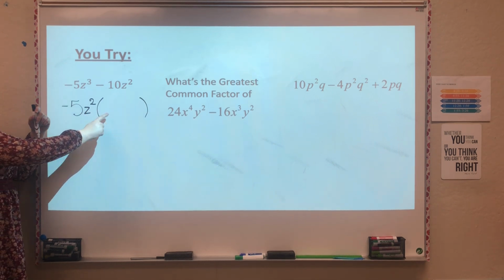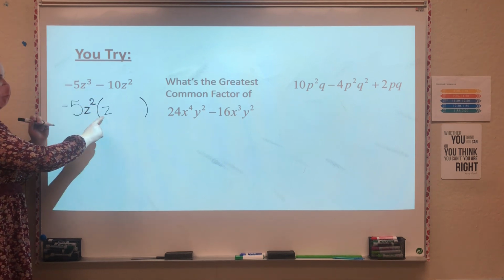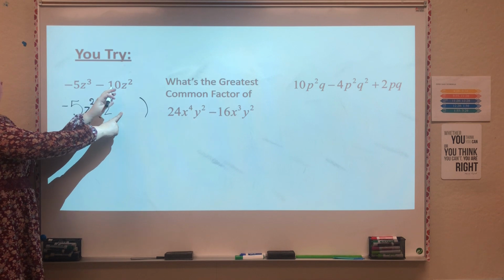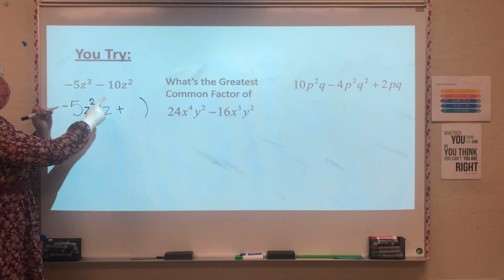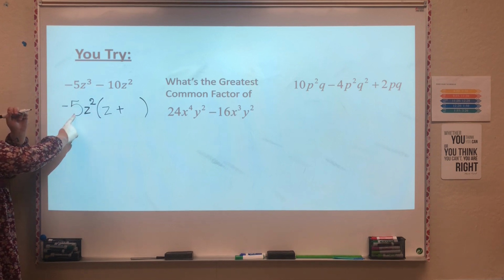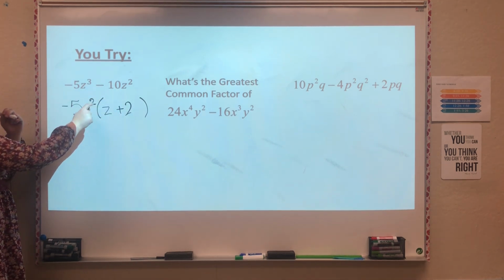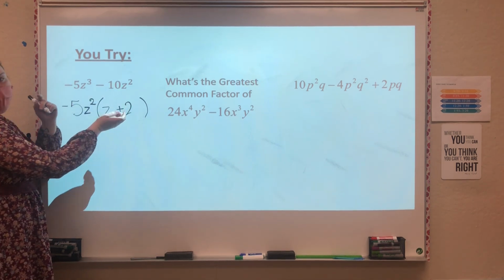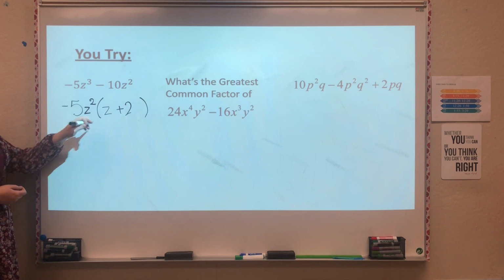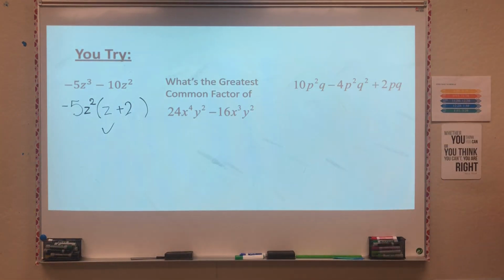Z squared times what gives me z cubed? Well, I'm going to need one more z. Negative 5 times what gives me negative 10? Well, negative times a positive gives me negative. 5 times 2 gives me 10. And then z squared times what gives me z squared? Well, I don't need any more z's because I already have all 2 of them. So this right here would be our answer. You've got